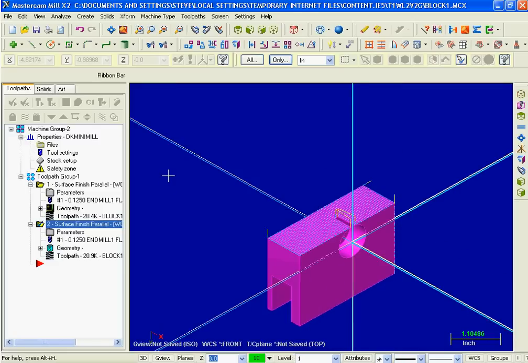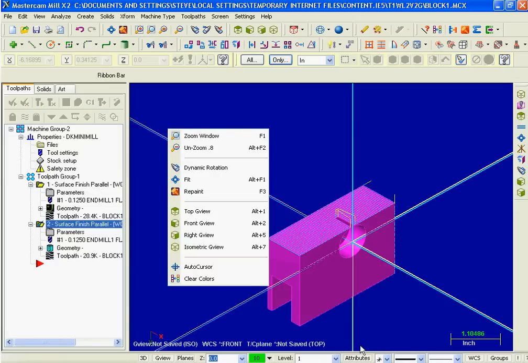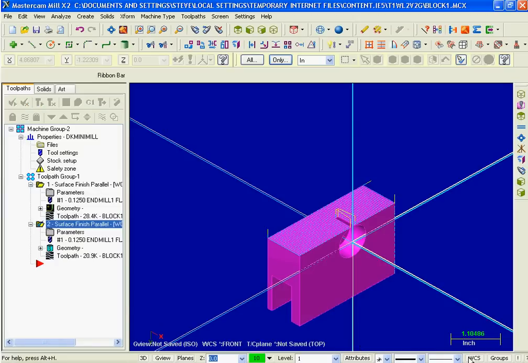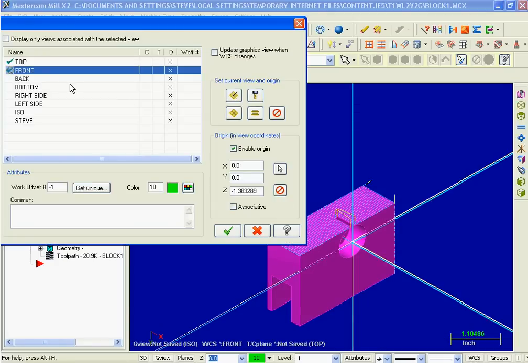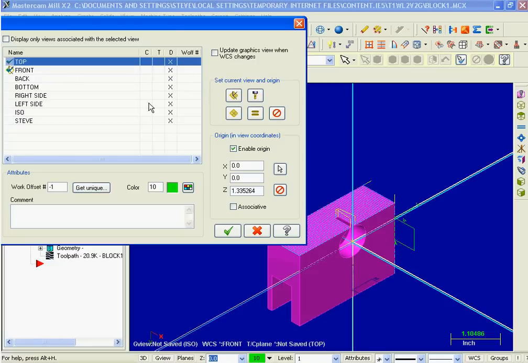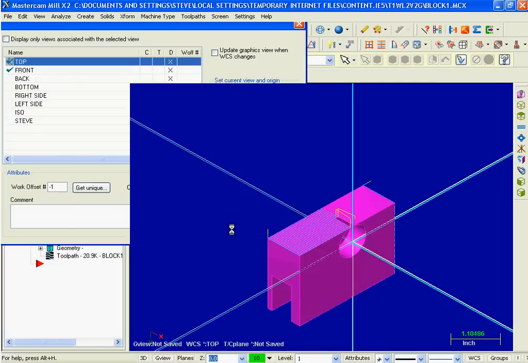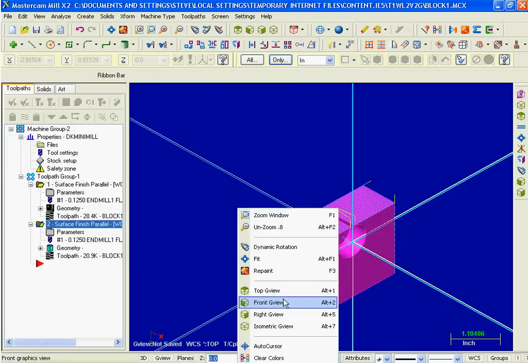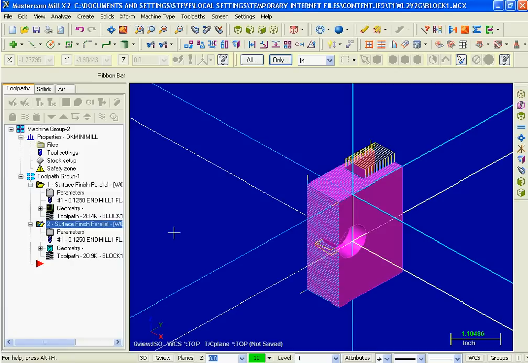I'm going to go ahead and go back into WCS here and View Manager, and this is the WCS icon here. So I'm going to move it back to top. And I just click that little guy right there to move it. And if I go isometric with that, it'll be isometric to the top view now. Okay. Now if I select all these and I post them,